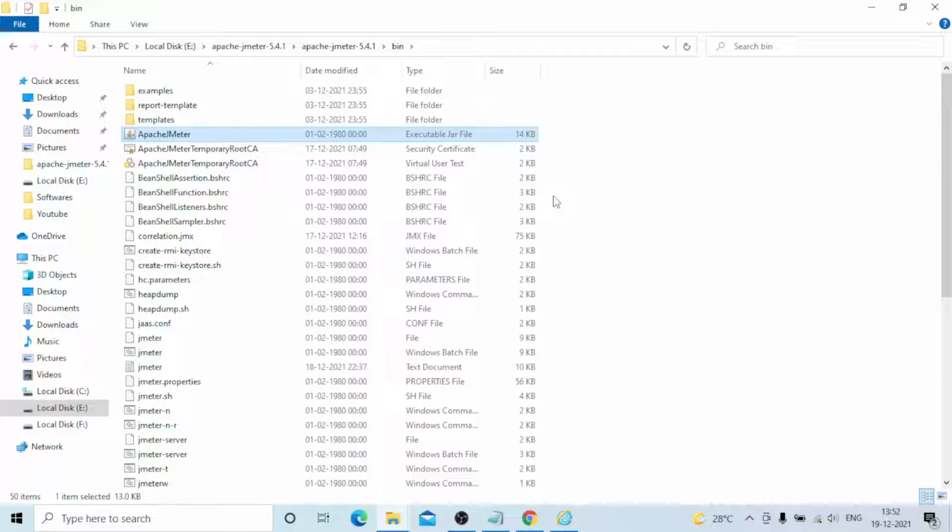In JMeter, there are two ways you can open it. One is to directly click the Apache JMeter jar file, or otherwise click the Windows batch file, or otherwise open it directly in the command prompt. Okay, yeah, it's open now.